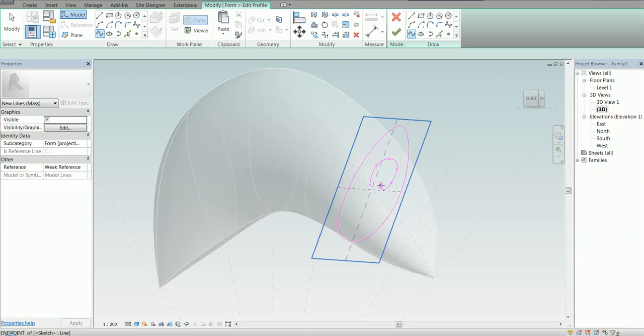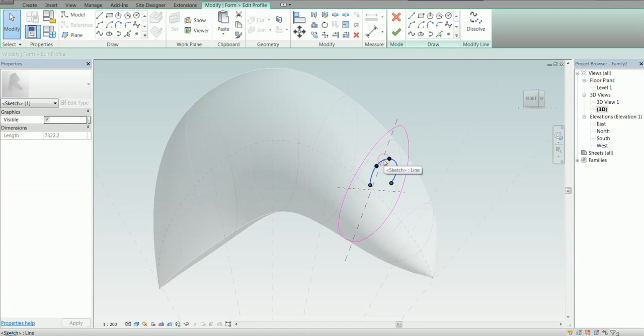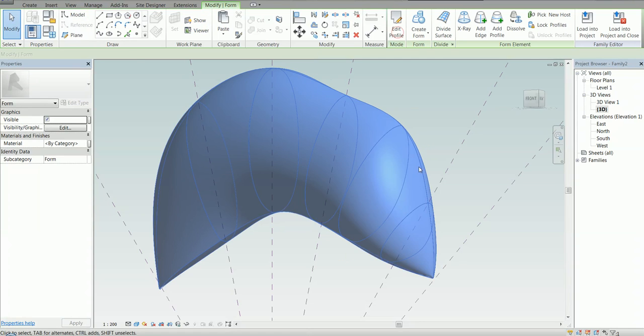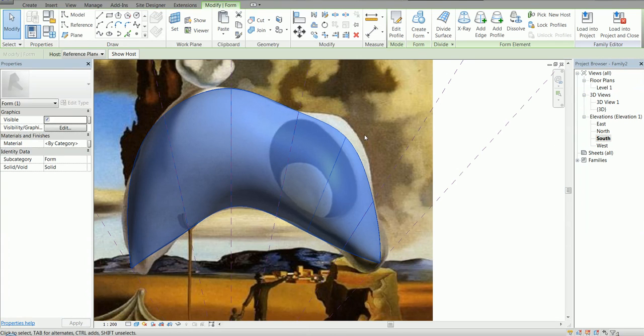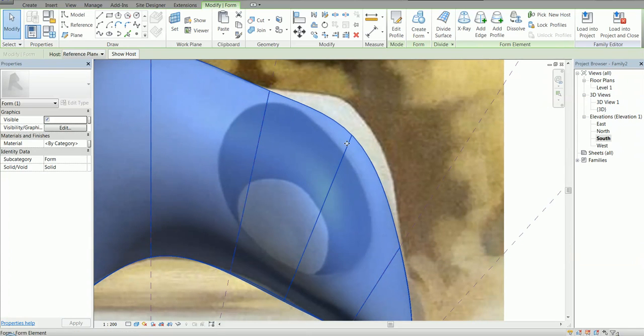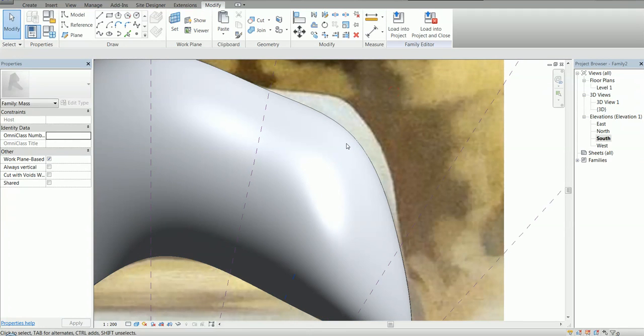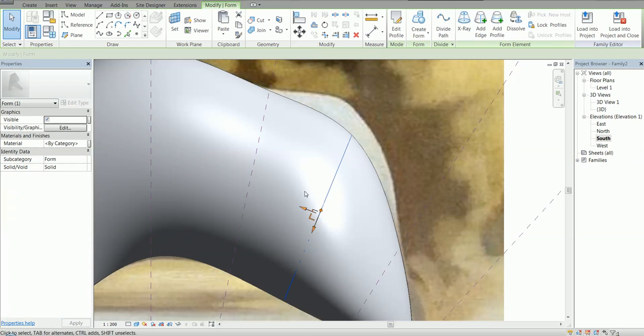You can delete the other thing. So let's try it like this. This is actually looking nice. I'm just going to save it like this, move it a little bit,